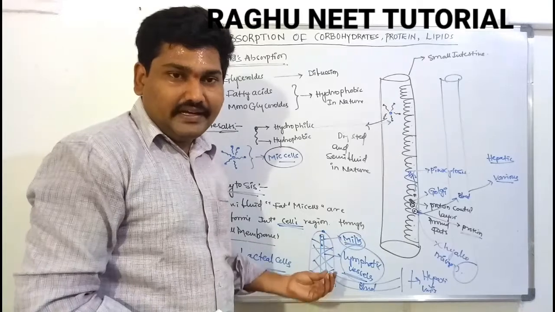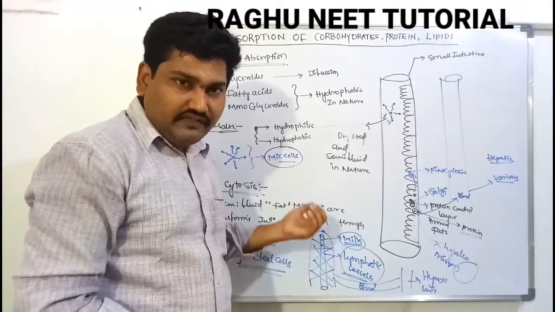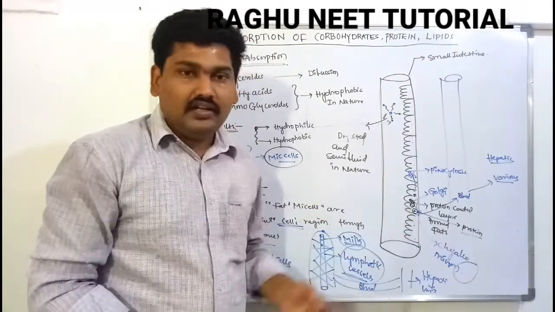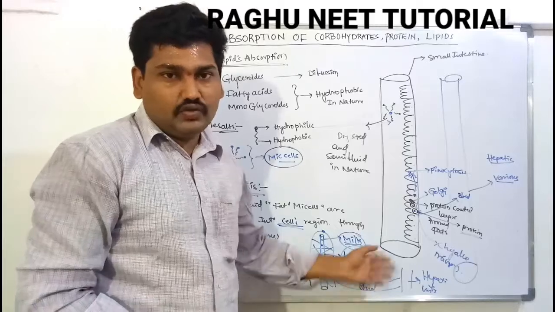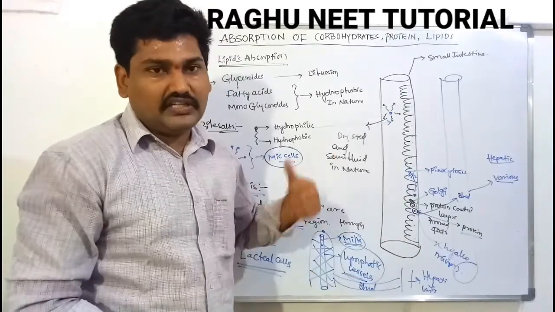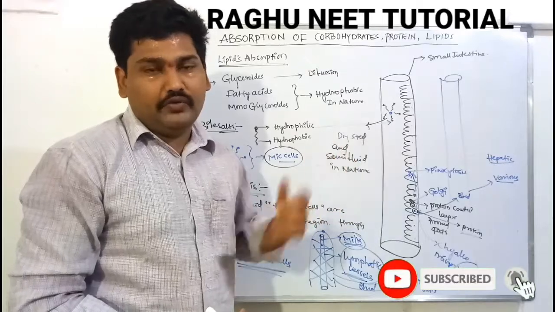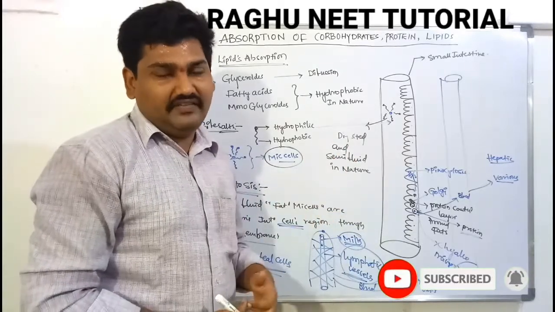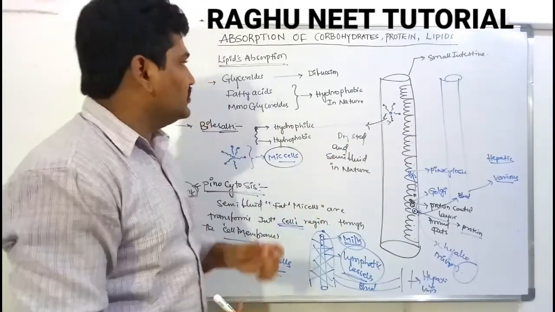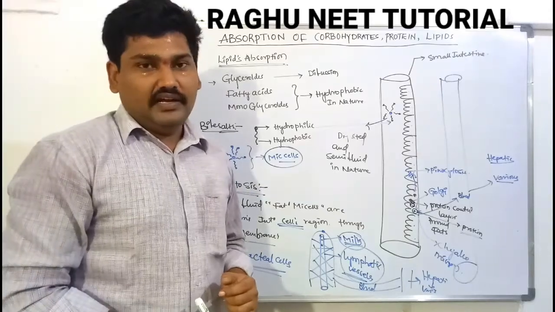These absorb fat molecules and are directly connected with the hepatic portal system, nothing but blood vessels to the hepatic portal system. From the hepatic portal system, the fats are transported to various parts of the body through the blood vessels and blood capillaries. So this is known as the absorption of lipids.